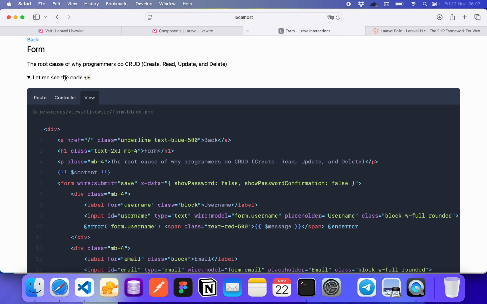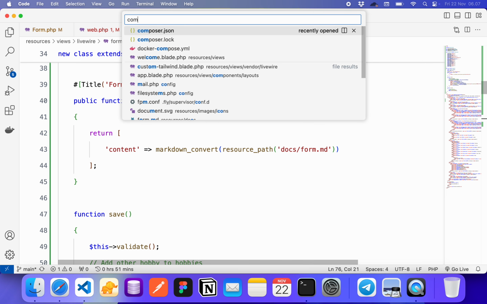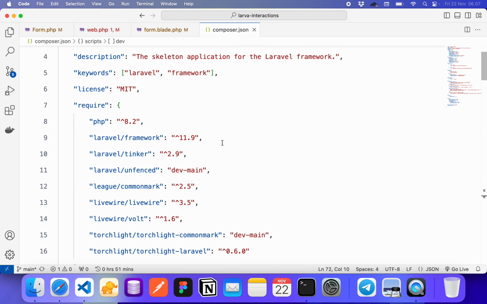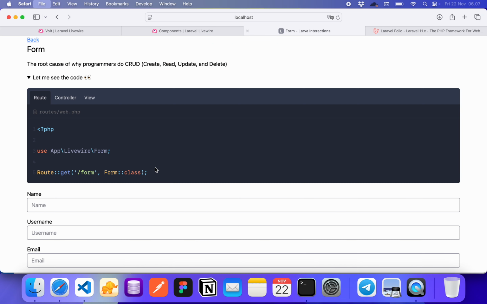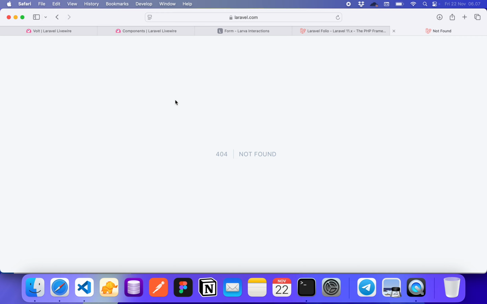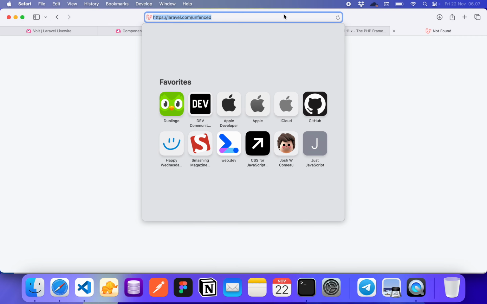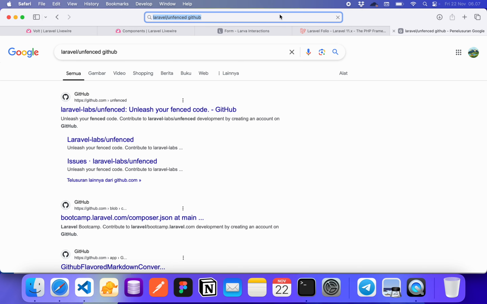Actually, the code snippet here is a combination of Markdown and some components created by the Laravel team called Laravel Unfenced. Let's see Laravel Unfenced on GitHub, in Laravel Labs.